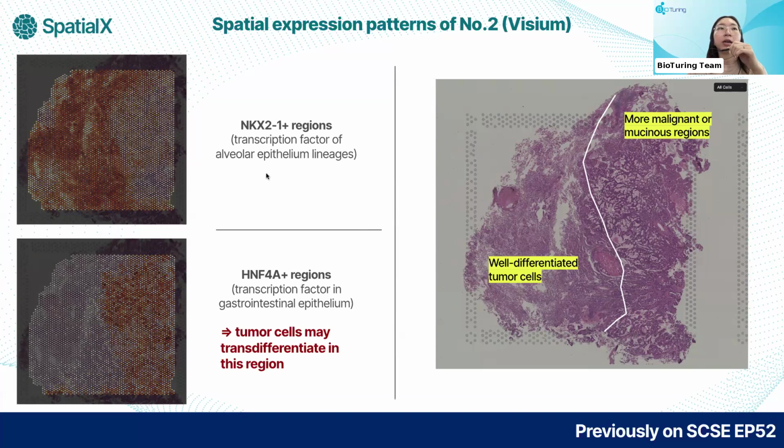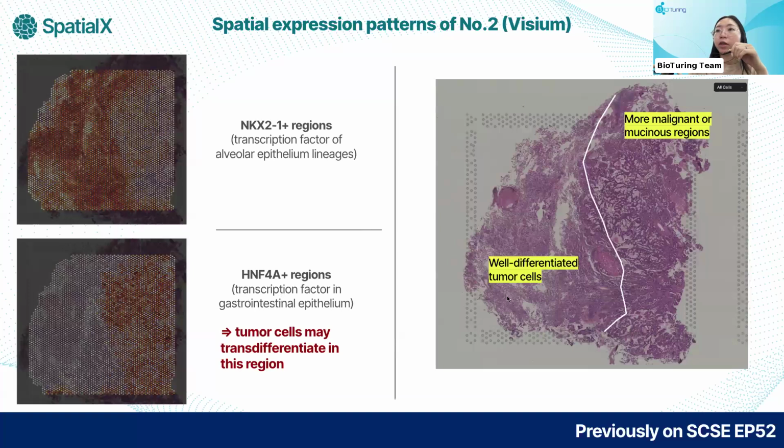Within the SCSE club, she also had specific gene markers that denoted the different regions. For example, you can see how the expression of this particular transcription factor, NKX2-1, is more present on the left side of the tissue, but not really on the right side. This transcription factor is one for alveolar epithelial lineages. On the other hand, the right side of the tissue is denoted by the expression of HNF4 alpha, which is a different transcription factor, but this is for